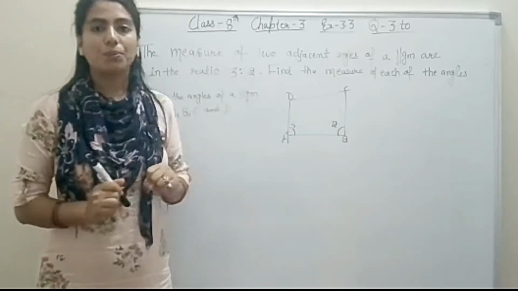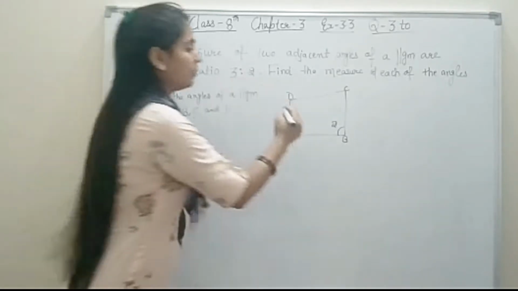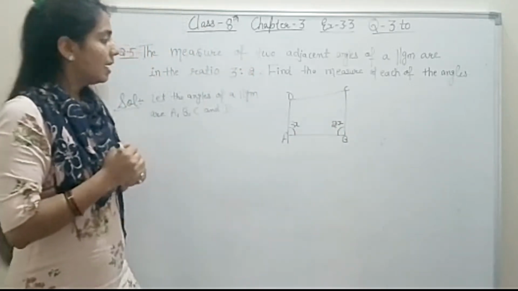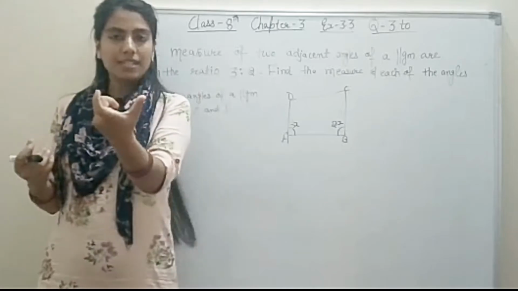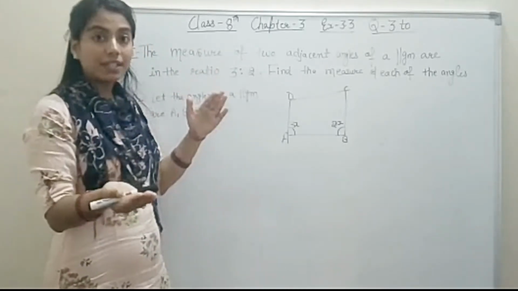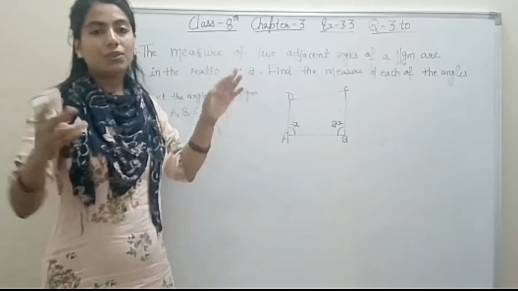जब भी कोई चीज ratio में होती है, always it should be written in x form, means 3x and 2x. Why? Because जो ये 3:2 है, इसका मीनिंग है कि कोई भी एक चीज है, उसका वो third part है, third ratio, and this one is the second part, तो किसका है?